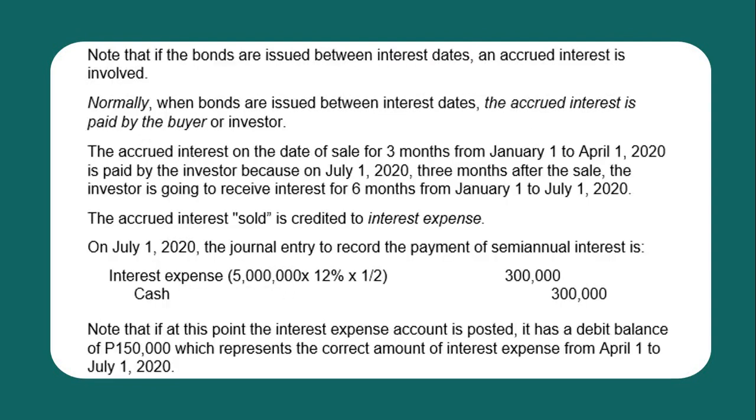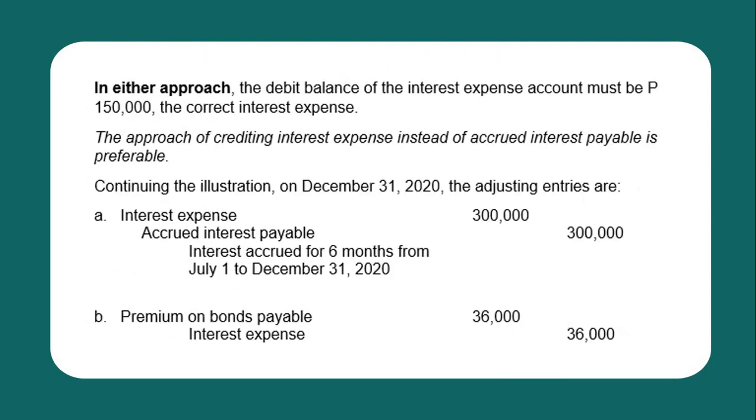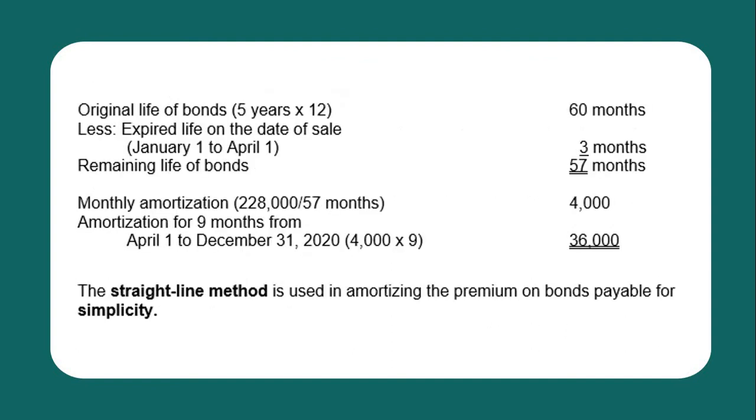That is equivalent to how many months all in all? 4 times 12, that is 48, plus 9, that is 57. Okay, 57 months. So, we will amortize the 228,000 by 57 months. So, meaning, 228,000 divided by 57. So, monthly amortization nato is